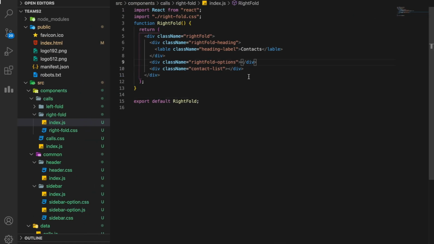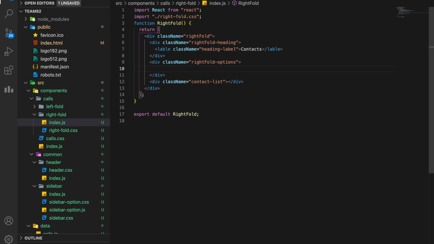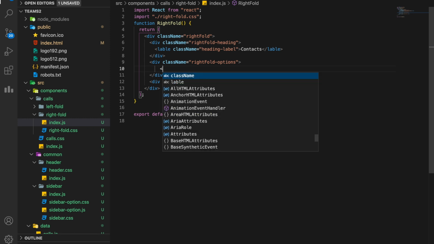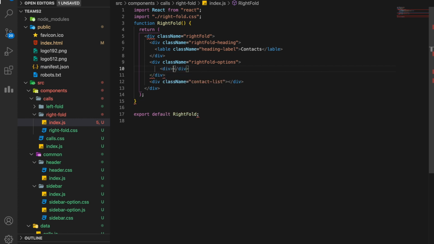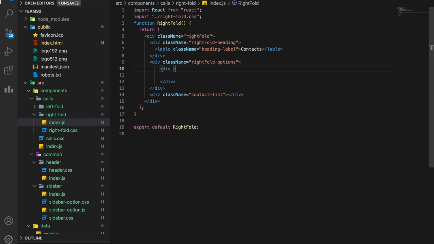All right. And in the options, if you will see, we have a search bar and a button. So I'm not going to implement any functionality in this video. We'll come up with further videos where we'll implement the functionality. So let's just build a search. So the search bar has an input and an icon. So let's give it a div, give it a class name as contact. Okay, so this is a contact screen, so I'll just call it contact search.